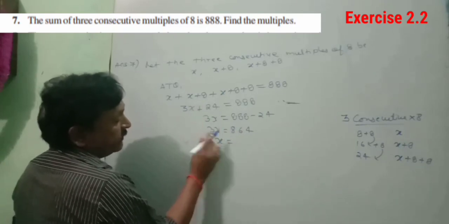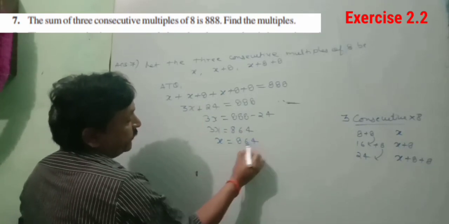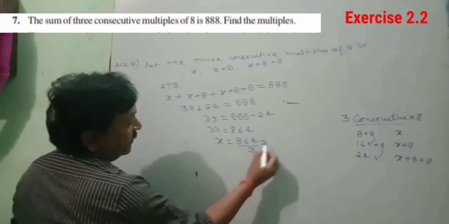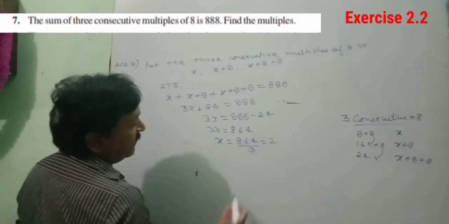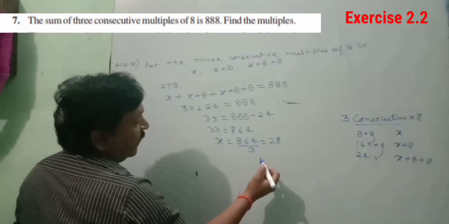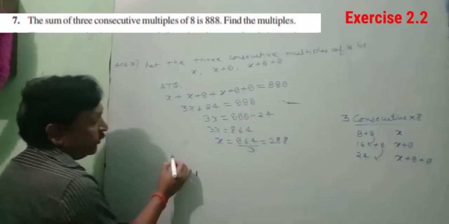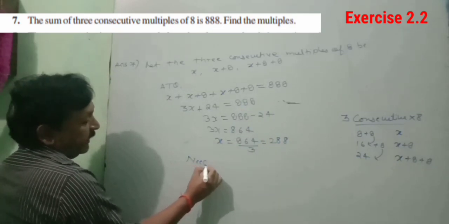Now transpose this 3. It will go in division. So just divide it. 3 2 is 6. 26 left. 8 3 is 24. Again 2 left. 8 3 is 24. Therefore, needed